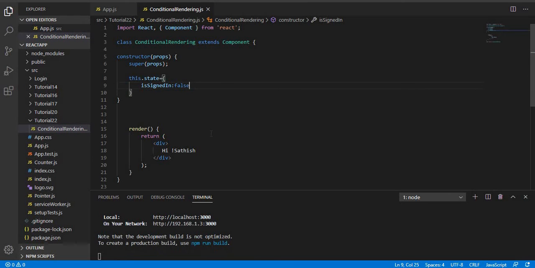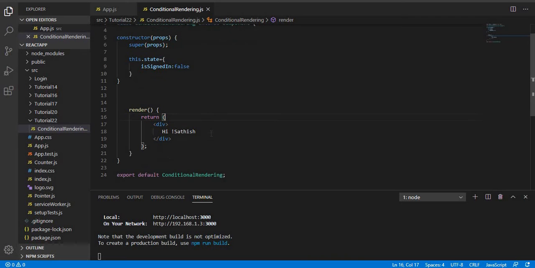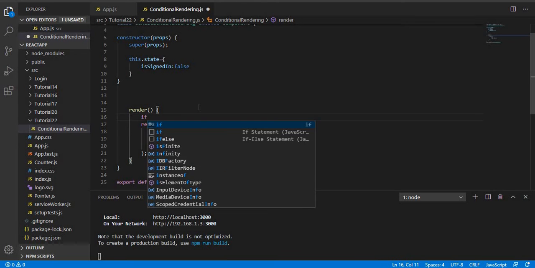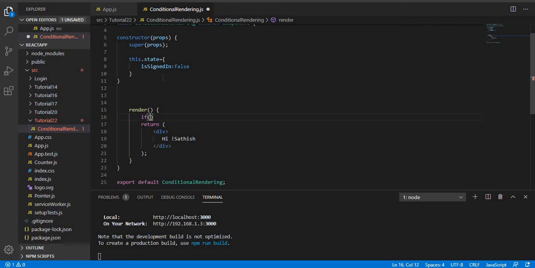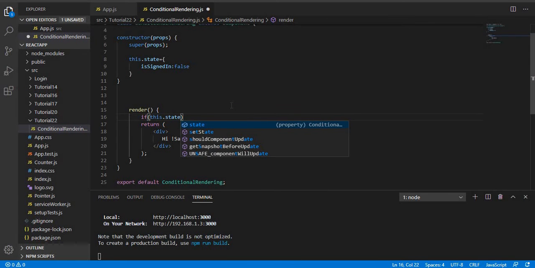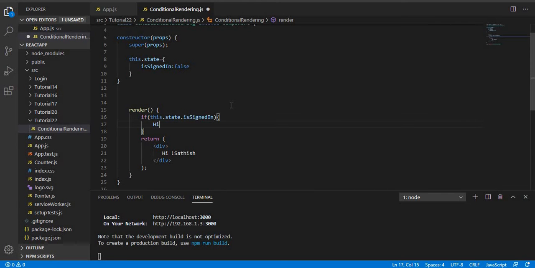I'm saving the same. So at first we will look into approach one which we have discussed, that is nothing but using the if else statement. I'm going to write the if statement like this, and examine this particular value signed in. So this.state.isSignedIn, I'm going to check this. If it is true, then I'm going to return